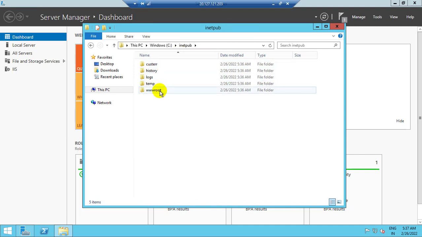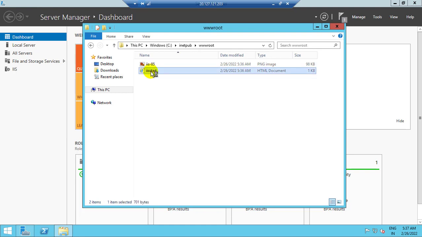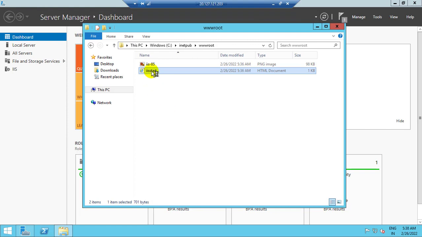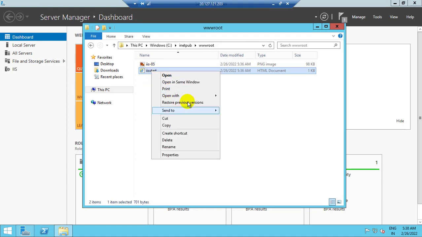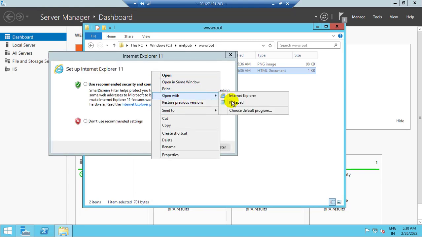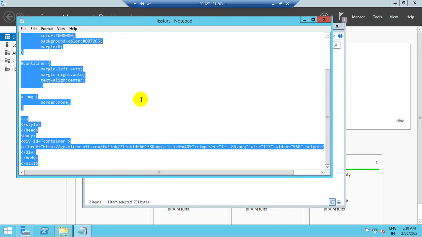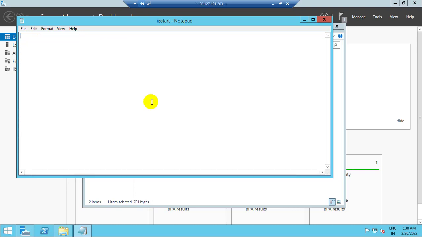Inside the inetpub directory we have the wwwroot directory, and here we have iisstart. That is the default page of our web server. Just right-click on that, open with Notepad, and we just need to change the content here. I removed that content and put in